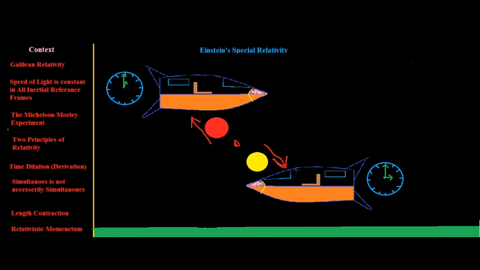From this spaceship's frame of reference, he doesn't think this can possibly happen. It's impossible for him, because in his frame of reference, time is completely being slowed down in the spaceship. So there's no way that the spaceship will have enough momentum